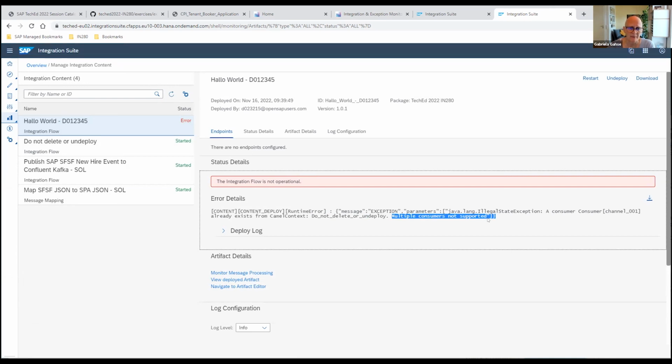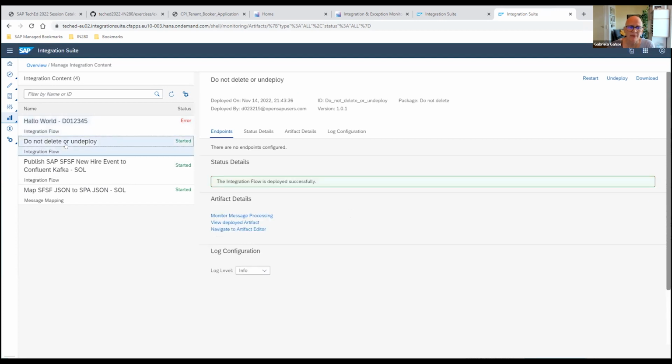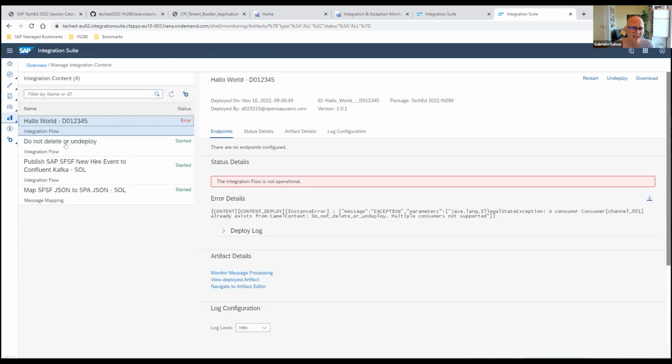And the other iFlow that is necessary is this other iFlow here. This is exactly the same, but please don't delete it. That's very important to have it in. Good, that's all. And with that, we are going back to the